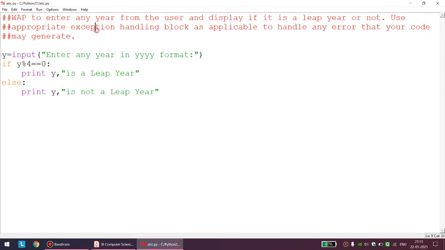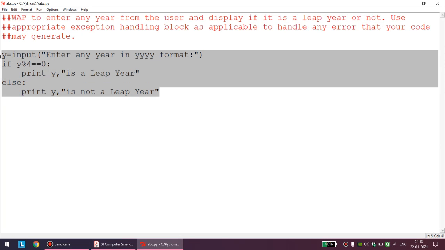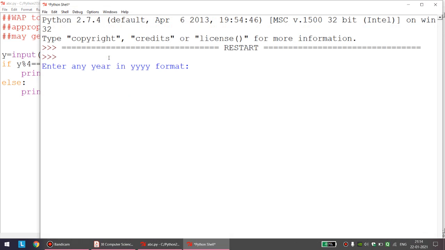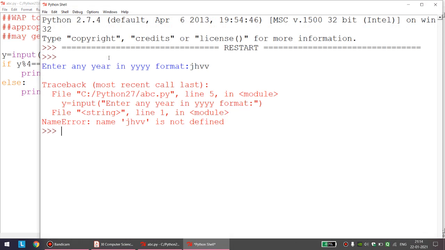Use appropriate exception handling block as applicable to handle the code. Now, intentionally here, I did not handle the code where my year should be of 4 digits only. Correct? Intentionally I did not handle the code so that my year should not contain any characters.